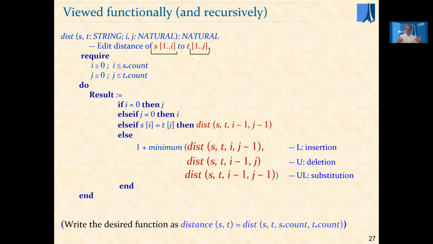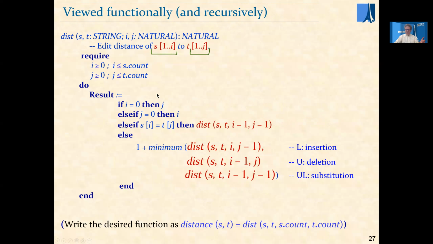So functional programming tries to get back to the simplicity and ease of reasoning of mathematics by rejecting the notion of state and the notion of change. Now, there are functional programming languages, as I said, but you can write functional programming programs in Eiffel just as much as in any other language. Actually, Eiffel has very strong support for functional programming constructs, in particular high-level functionals through agents that maybe I will cover in another lecture. But here we can see it in a very simple way with this variant of the Levenshtein